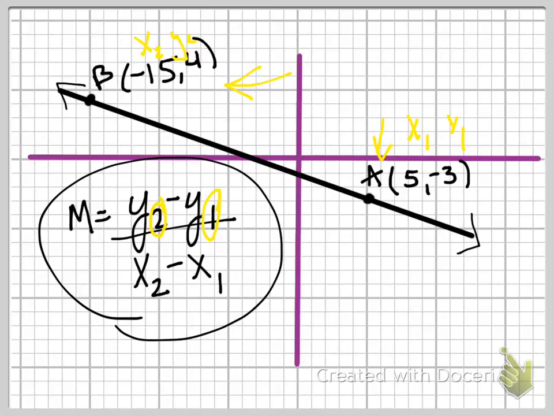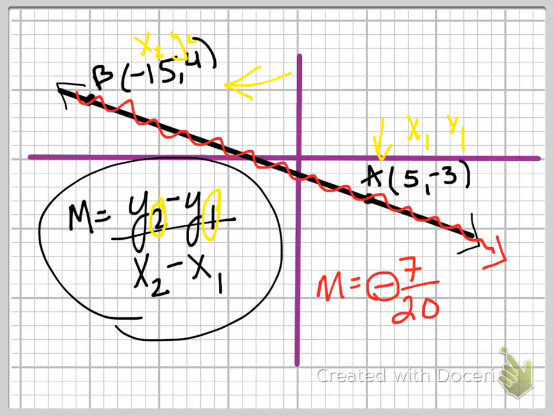Come back over here for fun. M is equal to a negative 7/20. Now what is the negative? The negative is telling me my line is going down, downtown. And that's what the negative is telling me. That's all it is telling me, really. The line's going down. So from any point, it doesn't matter if you start up here at B or down